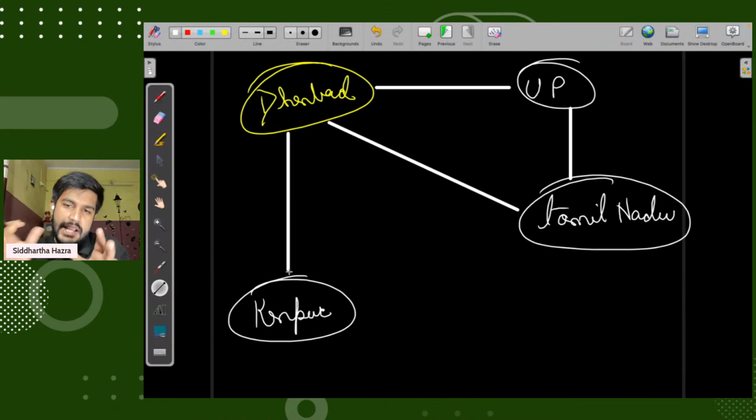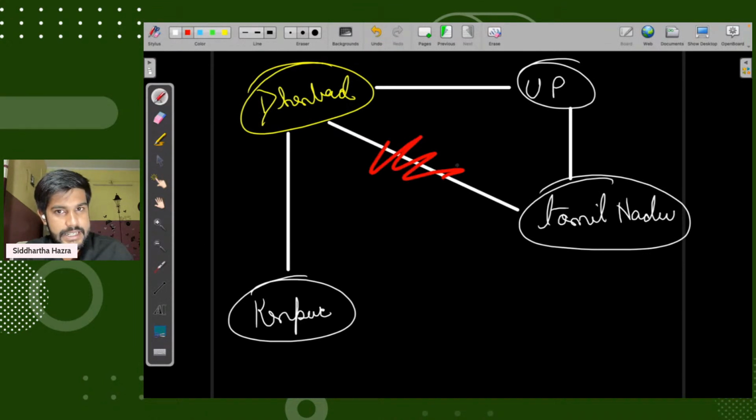Fair enough, so this is basically a graph, where we have Kanpur, Tamil Nadu, UP, and Dhanbad. As you can observe, the way to reach Dhanbad from Tamil Nadu is direct, as well as by taking this path. Either way is a valid way.